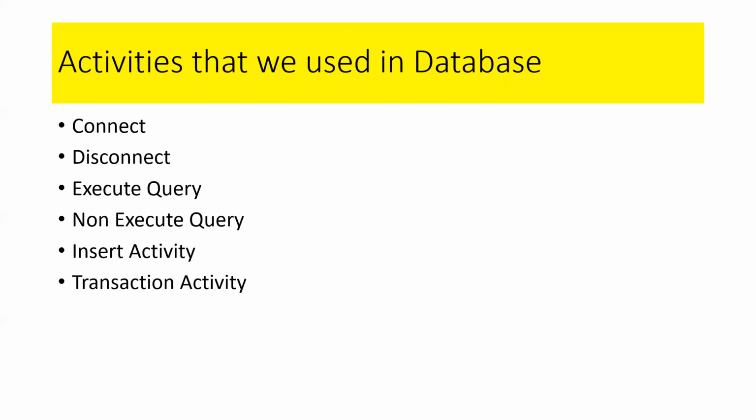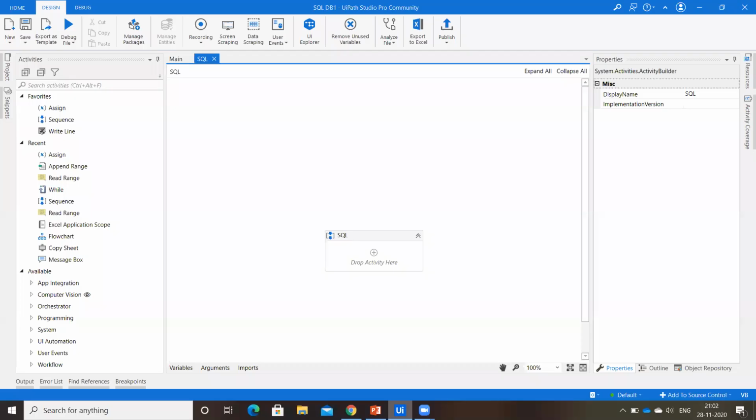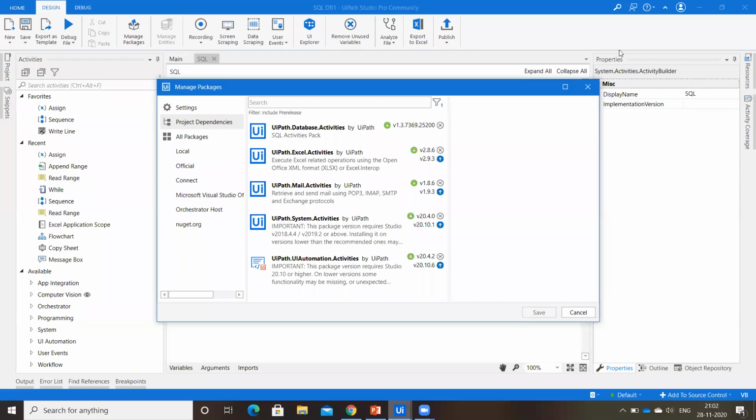Now I will show you how to download these packages in your UiPath Studio. If you need to use database activities in your UiPath Studio, then go to Manage Packages. In the Manage Packages search bar, you need to search for uipath.database.activities.